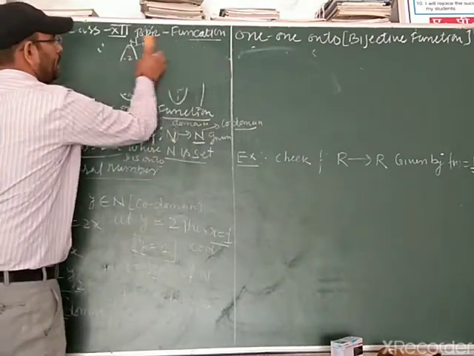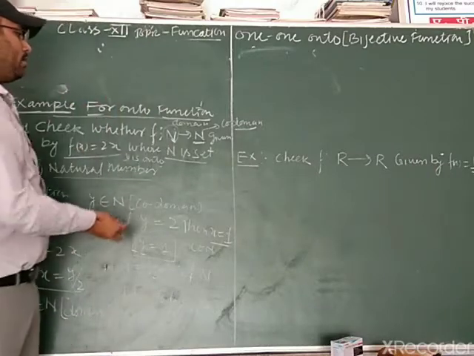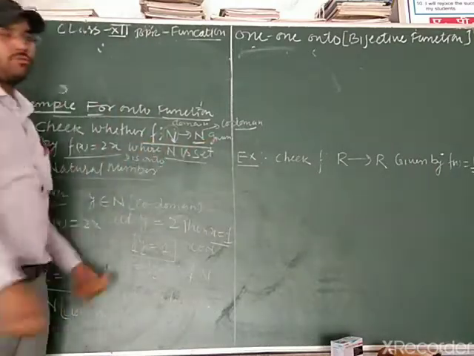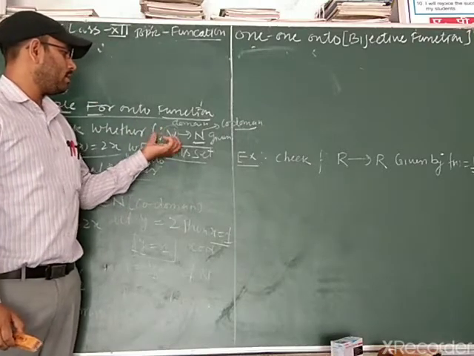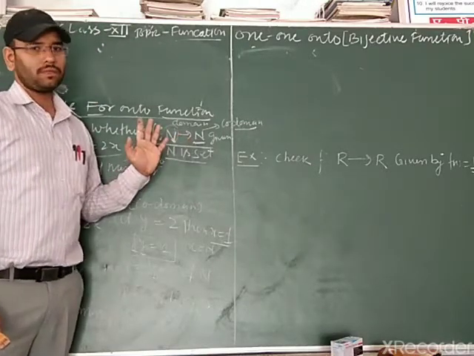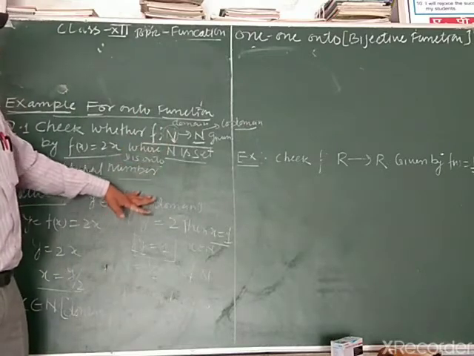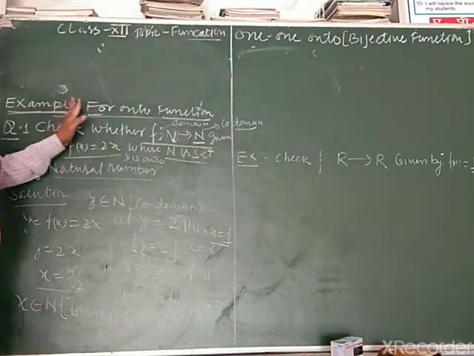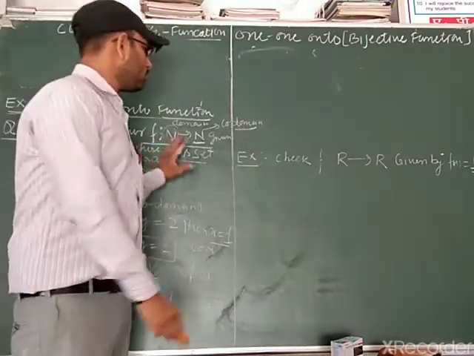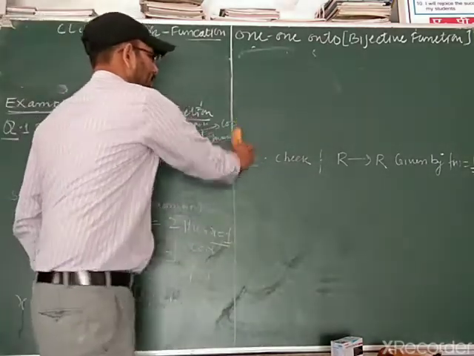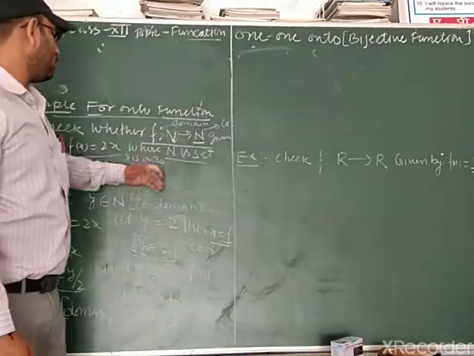That's why at the starting I told you that when you start with a question, you must think about that. Remember that the function is given. Look at the domain and codomain. Clear? So this is the end of our example. I will take some more examples when we start exercising the onto function.